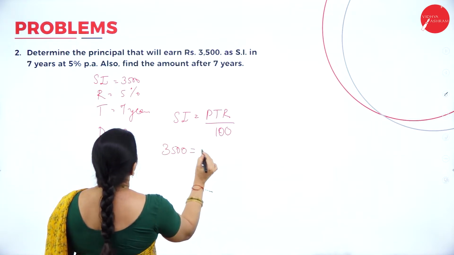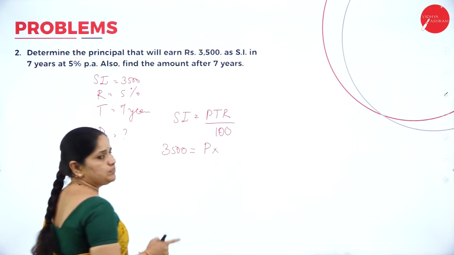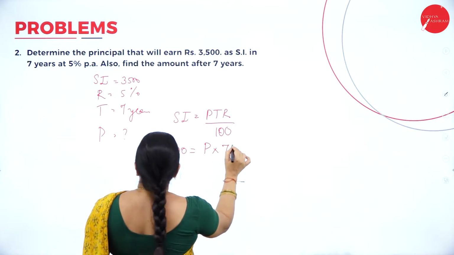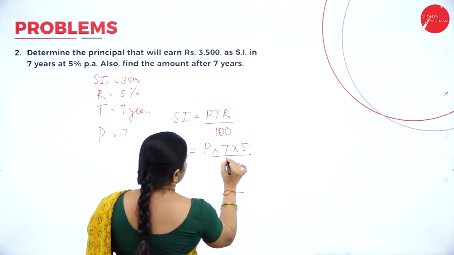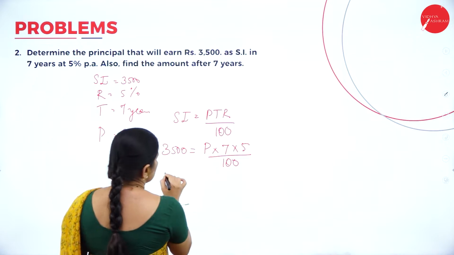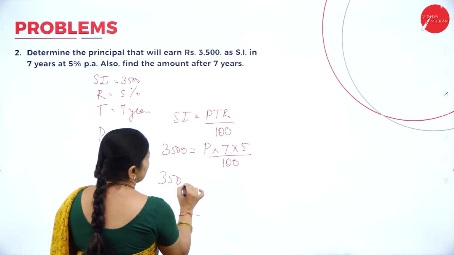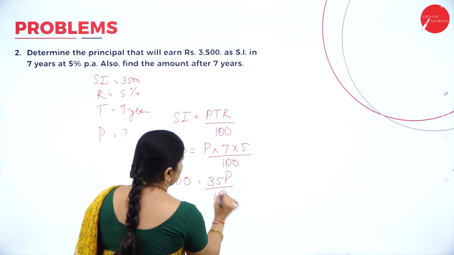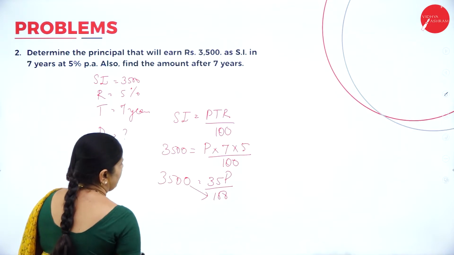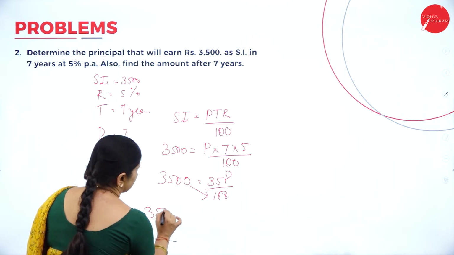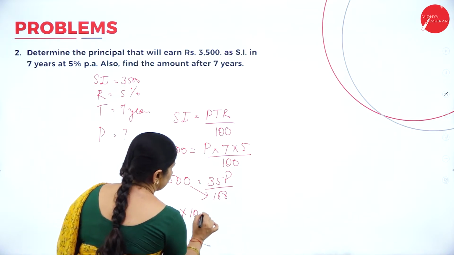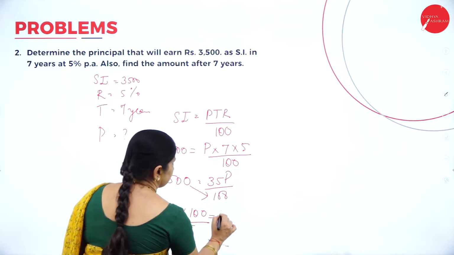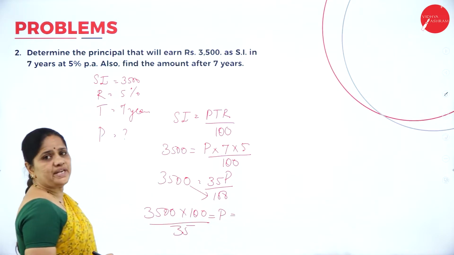3,500 equals P, I don't know. I write P as it is. Now what is T? 7 into R is 5 by 100. So this will be 3,500 equals 35P by 100. Now I take this cross multiplication,